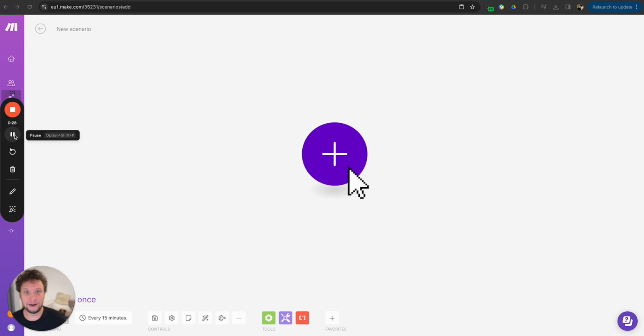Now, obviously it takes a long time to create an automation. You have to open up accounts for all of the tools you want to use, get API keys, check documentation, create Google Sheet templates and all of this stuff. I've actually prepared that ahead of time, so don't think I'm cheating. I just want to make this quick so you don't have to watch a video for 2 hours instead of